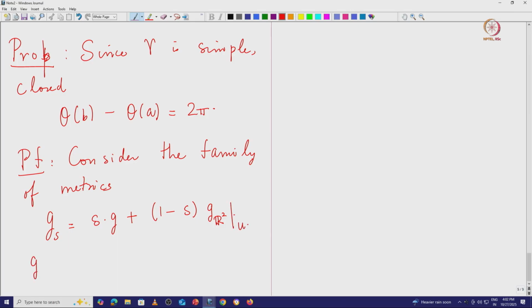So, this is a family of metrics on this coordinate neighborhood U. Now, for each G_S, I choose a corresponding basis E1 of S and E2 of S as above, and each one will lead me to an angle theta S,